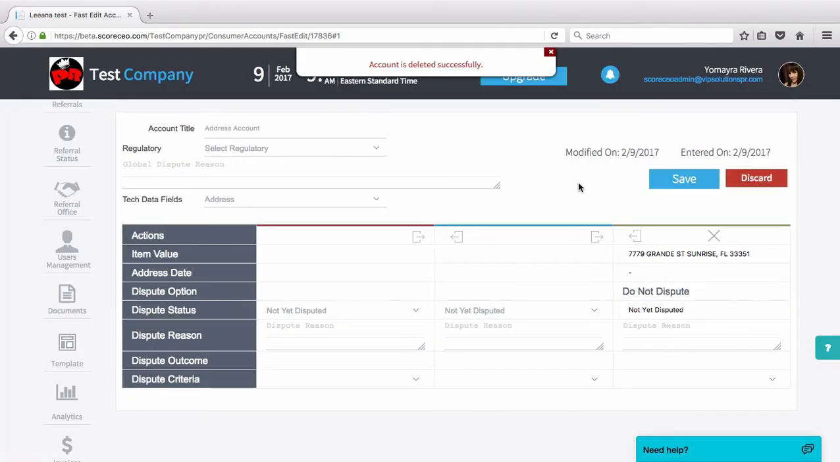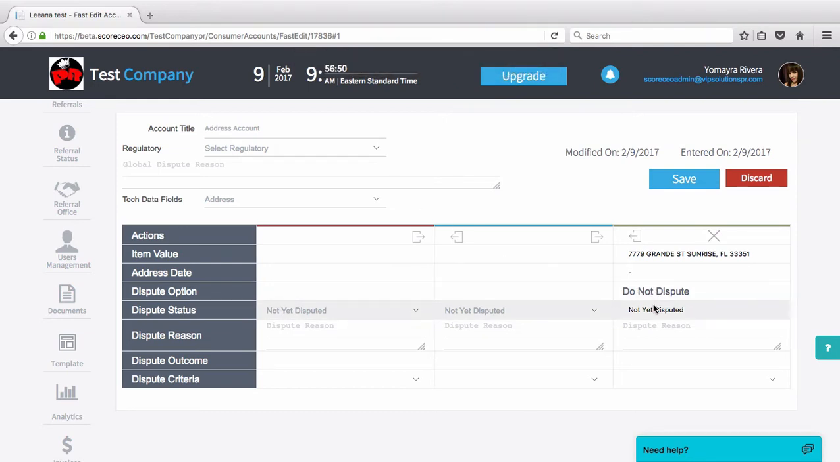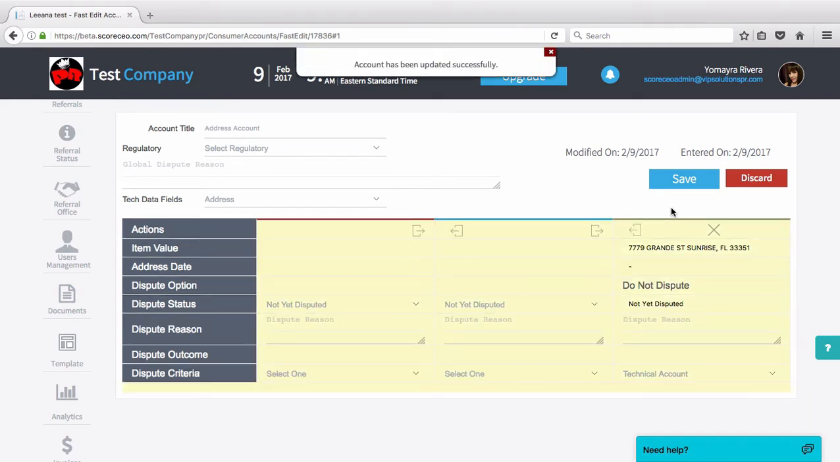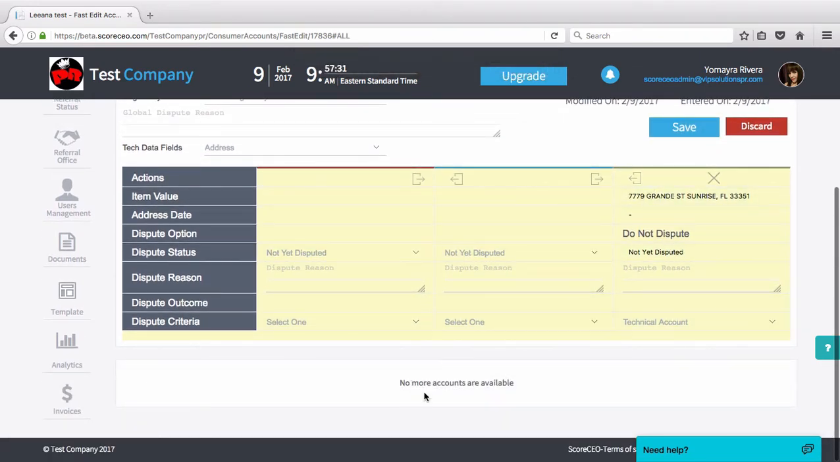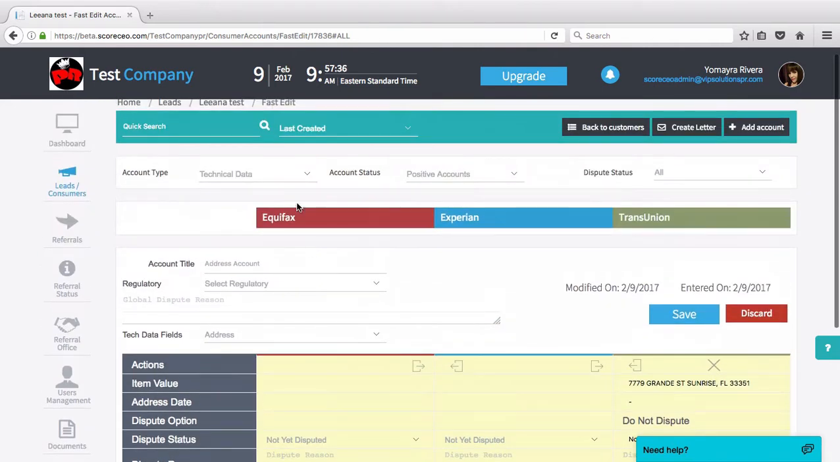If, for example, there is an address that you do want to dispute that says do not dispute, there is no problem. You can always add it to the disputes by entering a dispute criteria. Just click on the dispute criteria available and save the account. As our templates have a way of disputing personal information, you do not have to add a dispute reason to personal information. So we can move on to the next. Once there's no more accounts available under the same area, the system will let you know that there's no more accounts available. So that means we can move over,